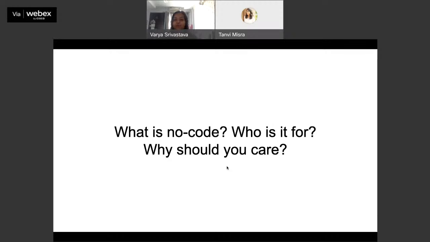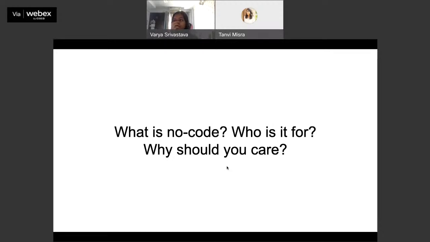So I know you've all had sessions on building a chatbot. If you think about it, chatbot is a very, very interesting example of a no code product. If today I asked you to build a chatbot from scratch, it'll take you hours, if not days, of coding to get the chatbot right. And even then, it probably wouldn't be as sophisticated as some of the no code chatbots that you can make today.